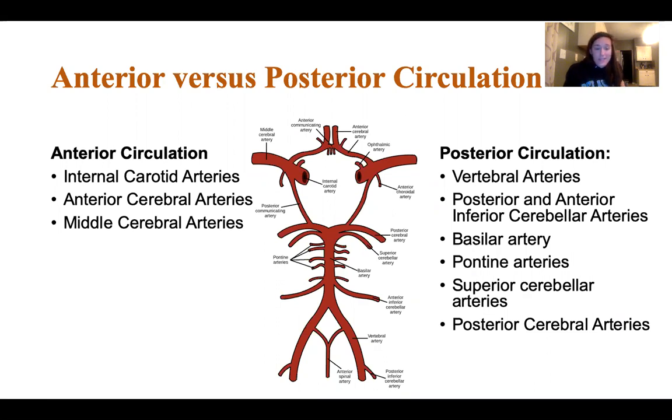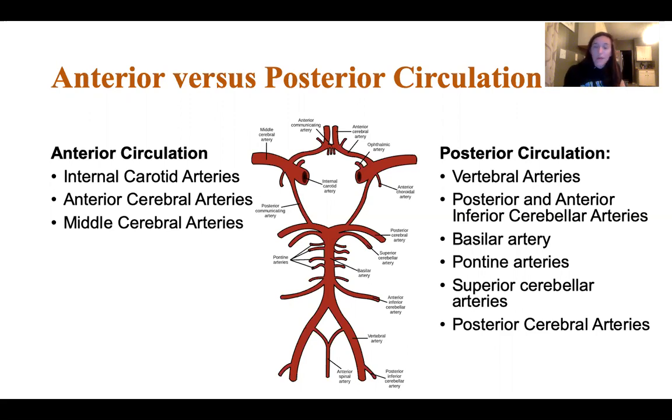We split our vascular system in our central nervous system into anterior and posterior systems. Posterior looks a lot busier, but actually our anterior circulation tends to get into more trouble in terms of frequency of strokes. But any one of these is fair game for any type of blockage, clot, hemorrhage, AVM, you name it. And what's important too is not only to refamiliarize, I'm sure this picture is straight out of your neuroanatomy nightmares, but not only knowing where those arteries are, but most importantly